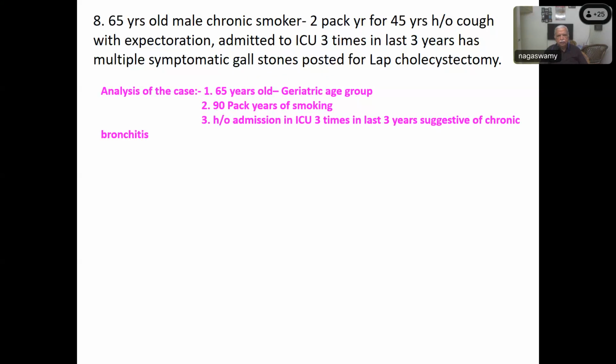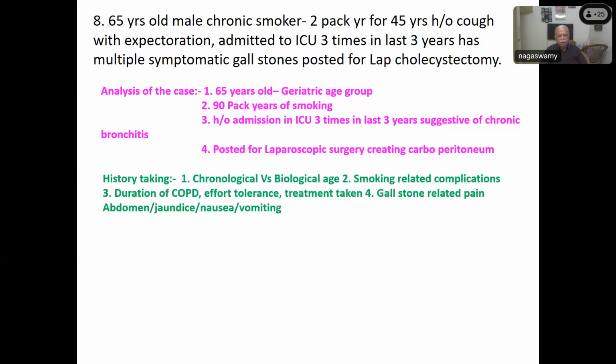History of ICU admission 3 times in the last 3 years, suggestive of chronic bronchitis, and posted for laparoscopic surgery, creating carboperitoneum, which again has got its own problem of increasing the CO2, which is already high, as well as the cardiovascular effects. Then in the history taking, you must first always analyze a geriatric patient between the chronological age